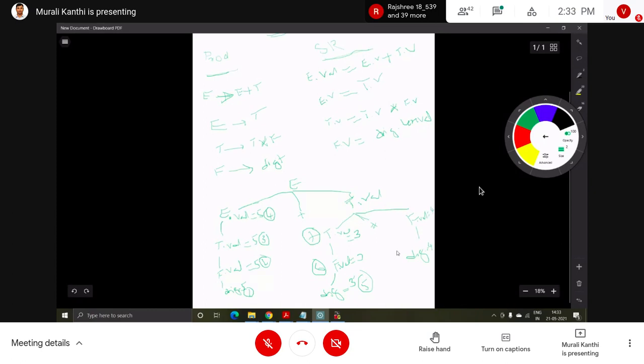Okay, now this is the 8th operation and this one is the 9th operation. So now this multiplication operation is performed between this T and F. So finally the result will be given to this T. So that is 12. So this one is the 10th operation.